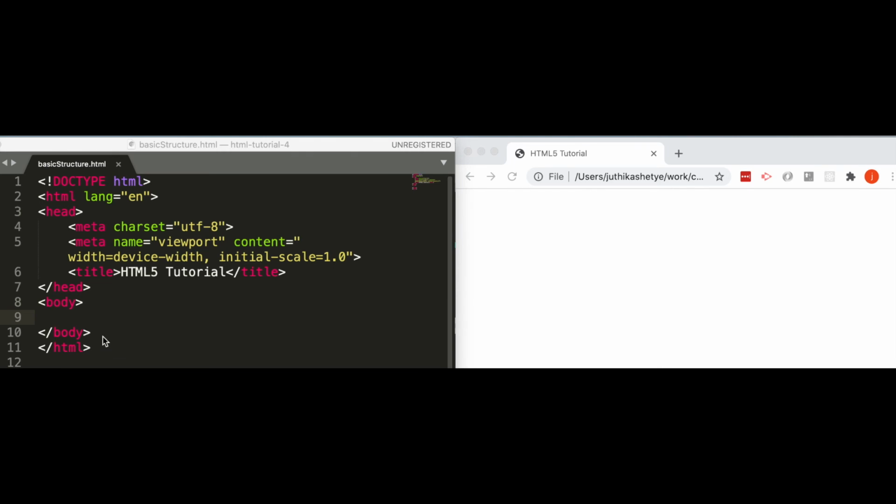So let's put something in the body tag. Maybe a heading, the best tutorial ever. Save it and then have a look at our browser. What do I have? I have my title way up here and my displayable content, the heading in the body tag right down there. In the rest of our HTML5 tutorials, we will be learning about many more tags that go in the body element.